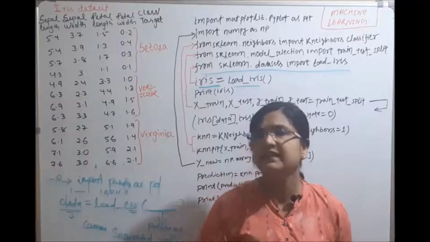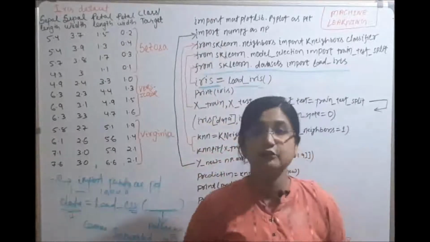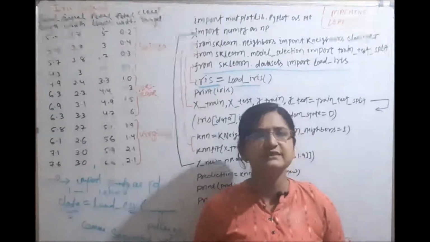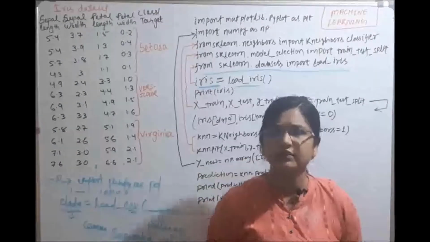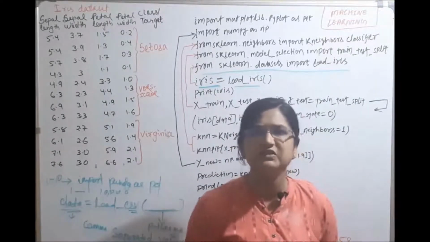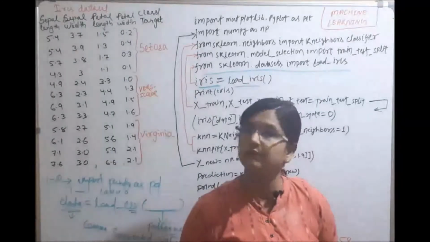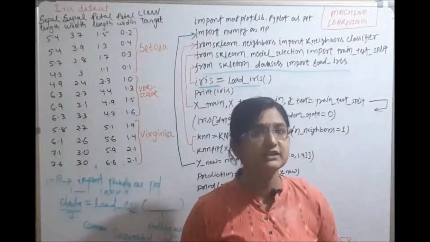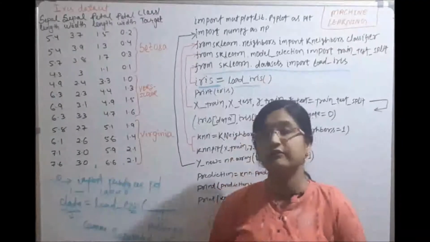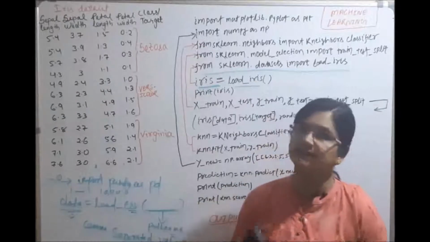I will give you an example of an irrelevant feature. Suppose there is another feature over here, that is the fragrance or the smell of the flower. Obviously the fragrance of the flower is irrelevant data, because the smell of an iris flower will be the same in all the species. So that will not help in predicting which species the iris flower belongs to. That is an irrelevant feature. If any irrelevant features are there, we will discard them. But here the 4 features are very important for the prediction of the result, so there is no need for selecting any feature here.